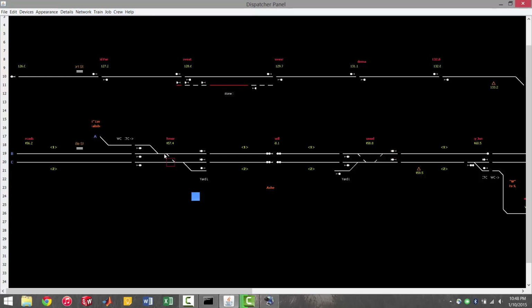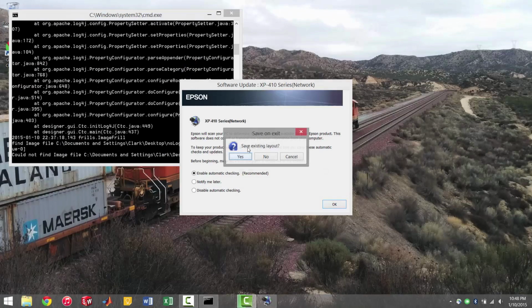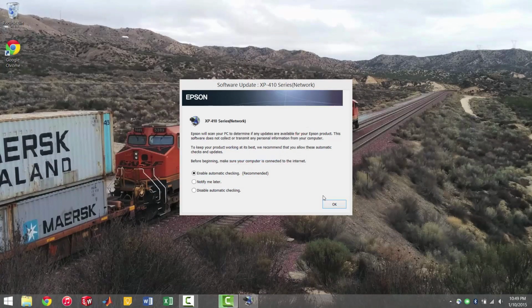Again, crossovers and whatnot are controlled. You have to have crossovers and turnouts as their separate blocks for them to work correctly. Otherwise, you'll be seeing a few issues here and there. One thing I do want to do before I